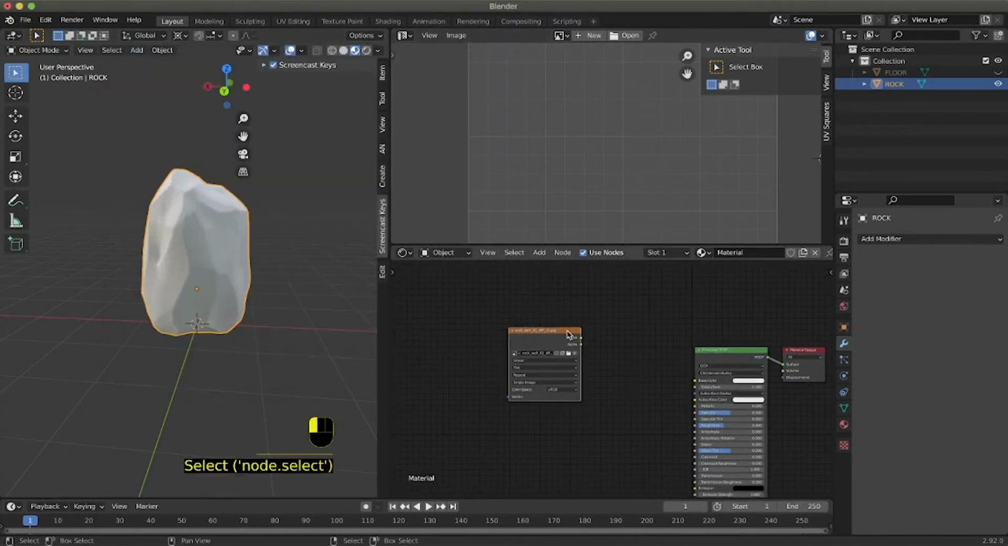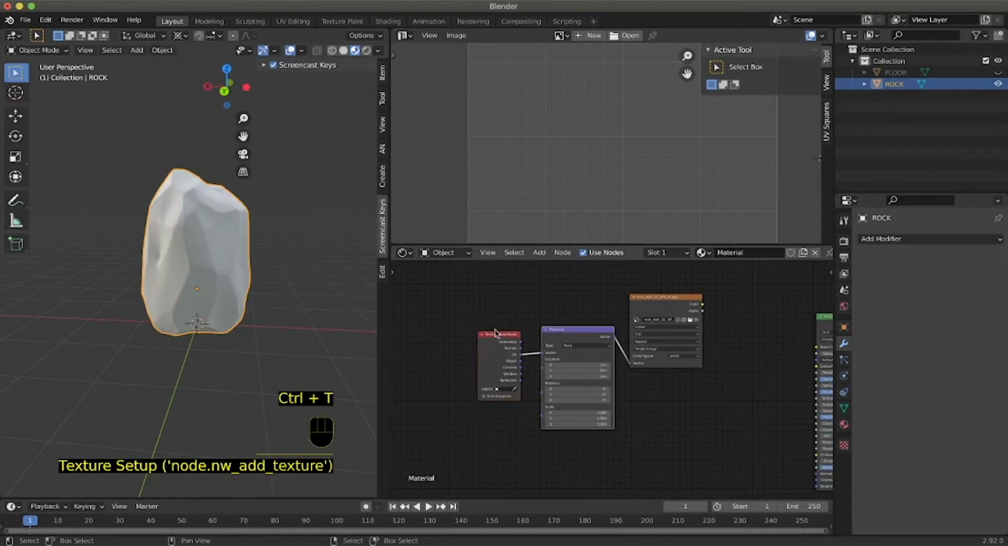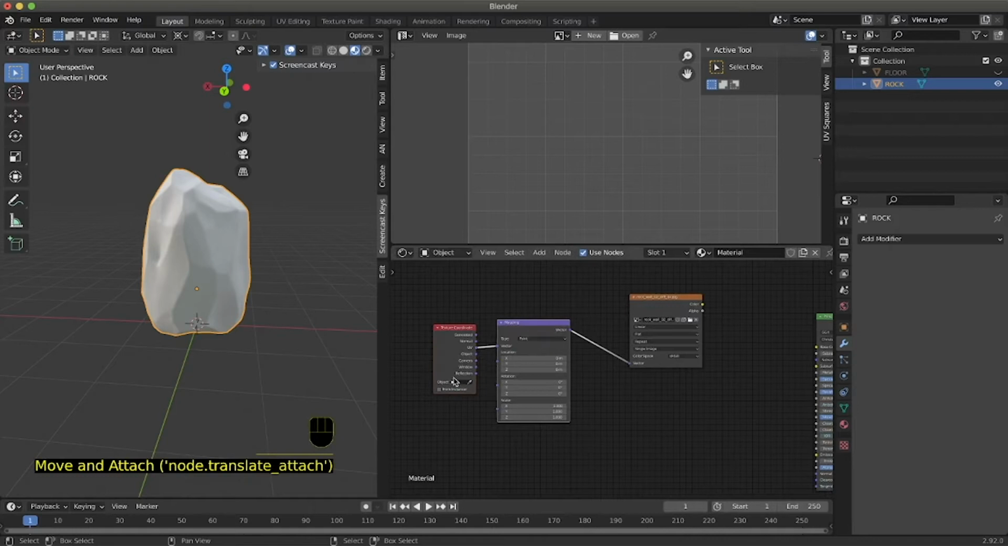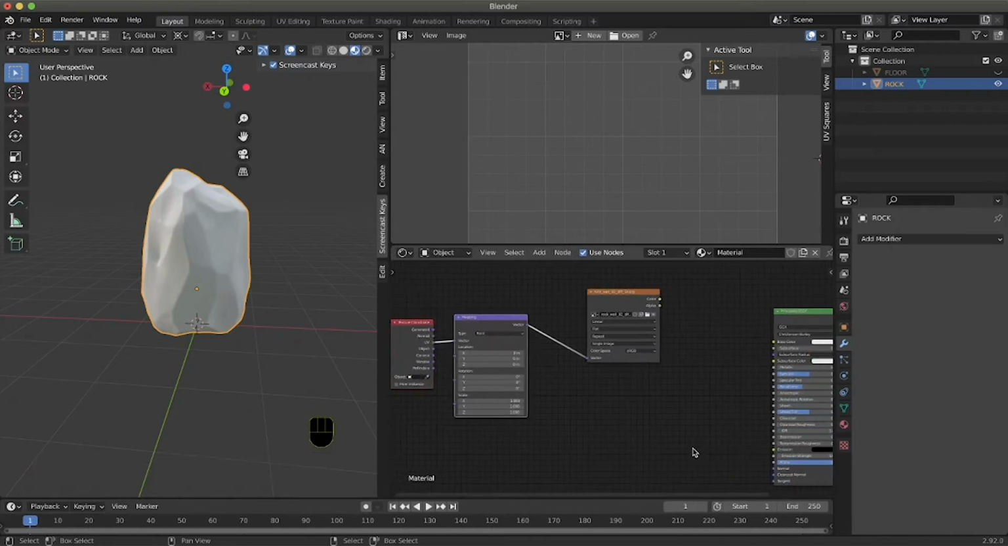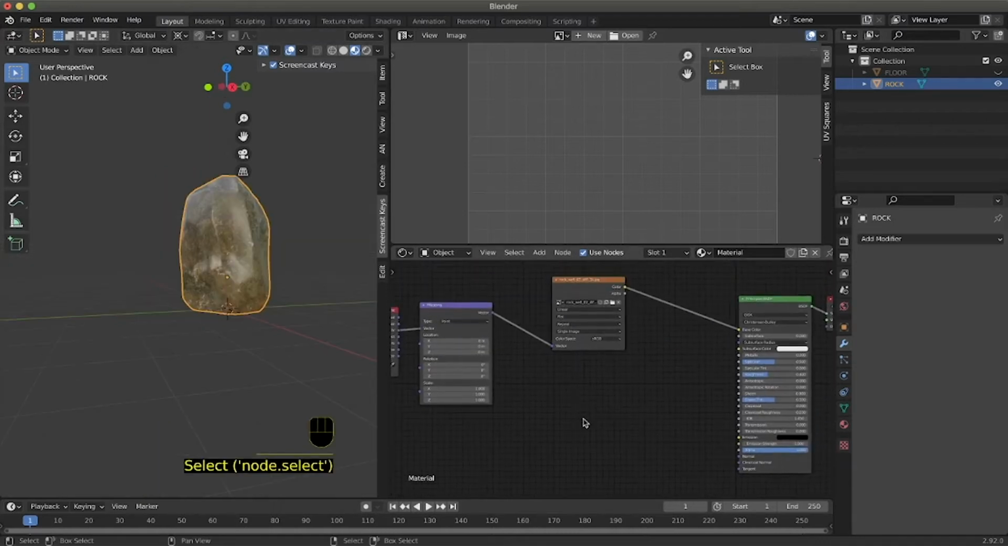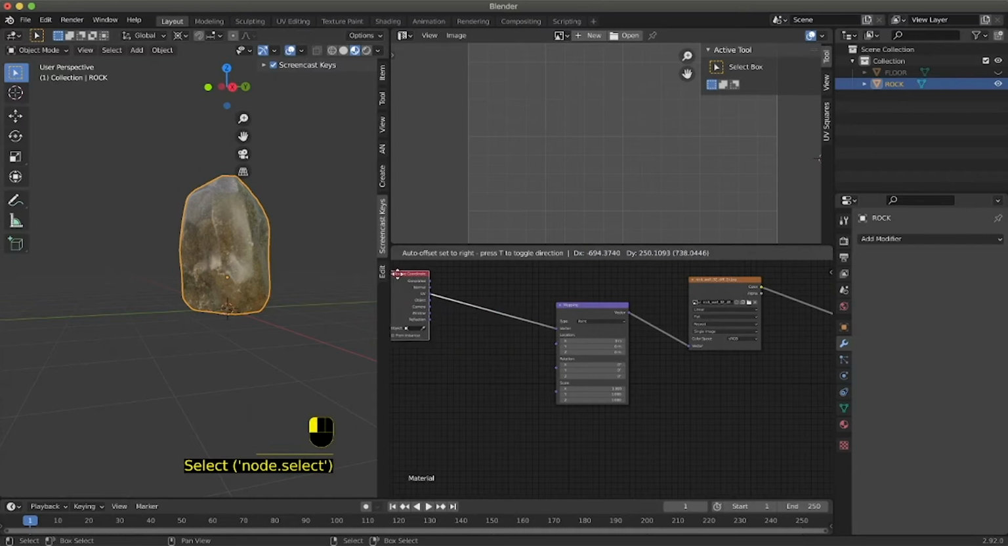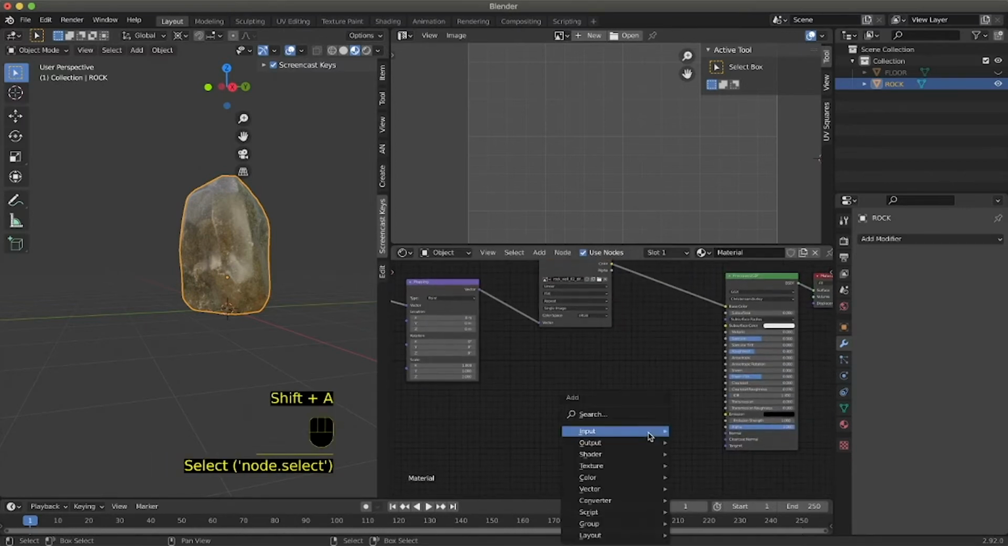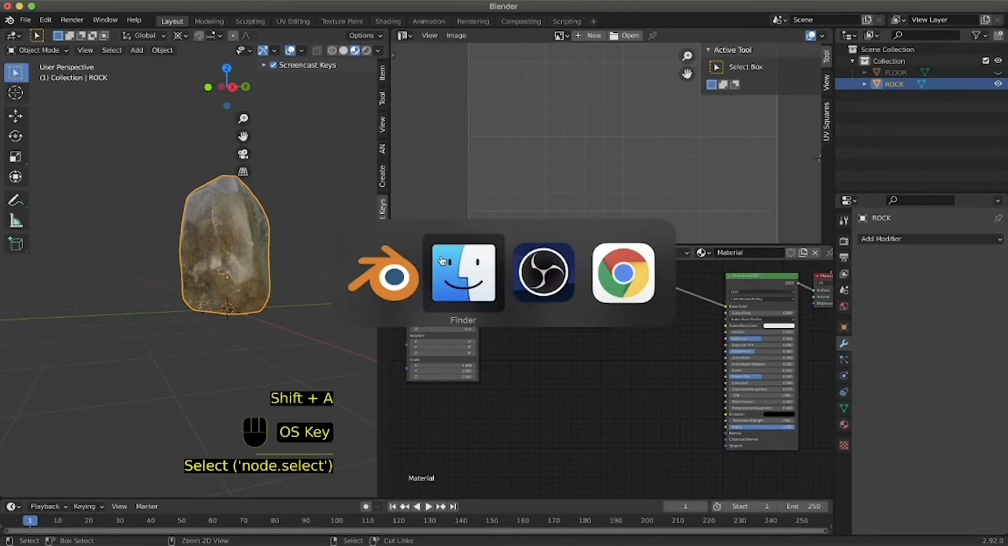And with the Node Wrangler, when you press on the node and you press Ctrl T, it automatically creates this texture coordinate and mapping node attached to the vector. So in this way we are using the UV map to project the map. So I will use the UV map for this. Yes. Then we go back to the maps,